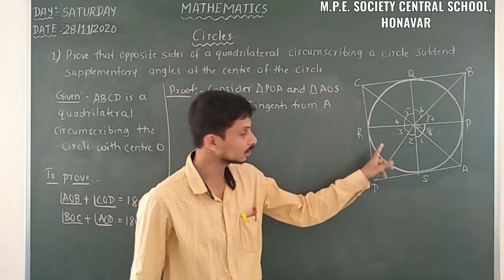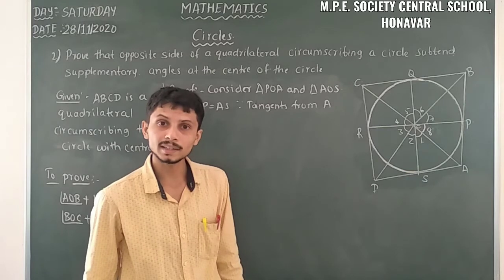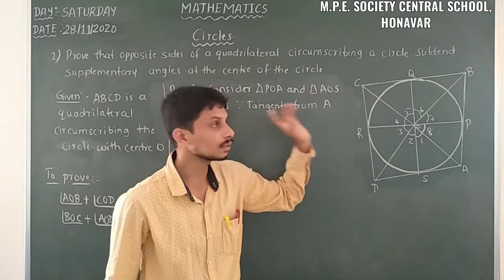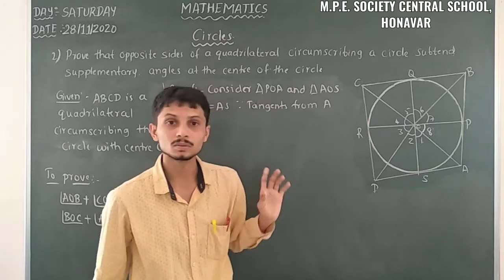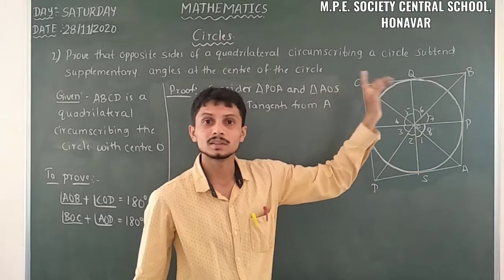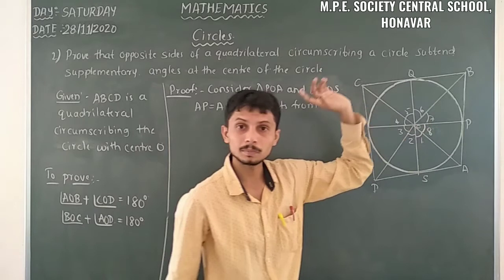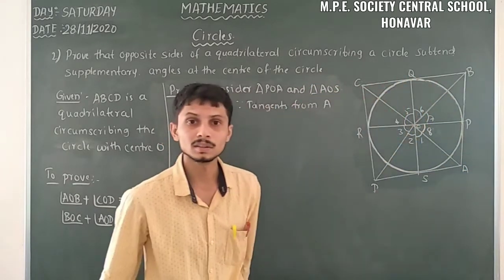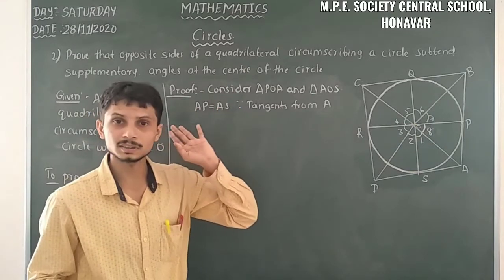Then let us come to these two triangles. Here D is the external point. So DS and DR, those two are tangents drawn from this point D, and those two are equal. And here C is the external point, CQ and CR are the tangents drawn from the external point C, and CQ and CR are equal for these two triangles. And then B is the external point, BQ and BP are the tangents drawn from the external point B to the circle, and those two are equal. For those two triangles, we have to prove it as congruent. Yes. So here we have the first equality.